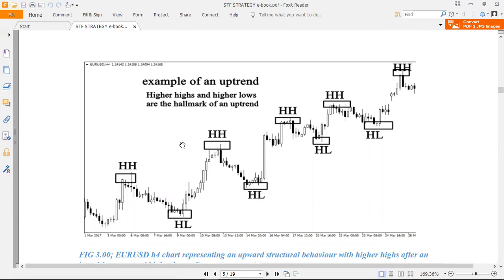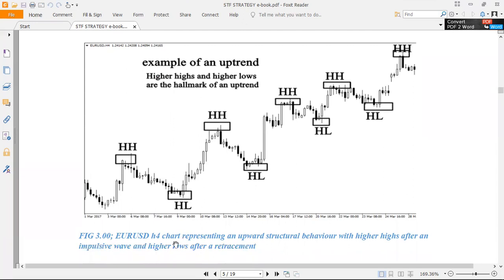When we are dealing with the structure, it is the behavioral pattern in how the price behaves in all the trading assets that we have: currencies, exotics, stocks, indices, cryptos, and all the other trading assets we may have. Of course, the most important thing you need to note is the daily chart is one of the best. Even if like here we are using the H4 chart, of course you may find it in other lower time